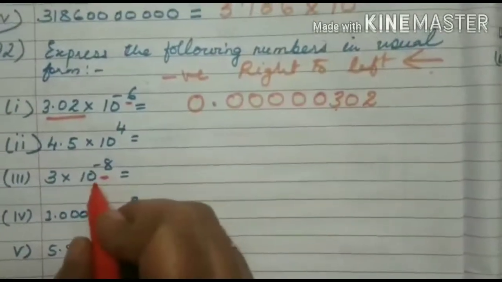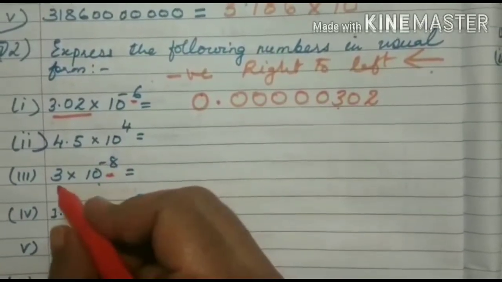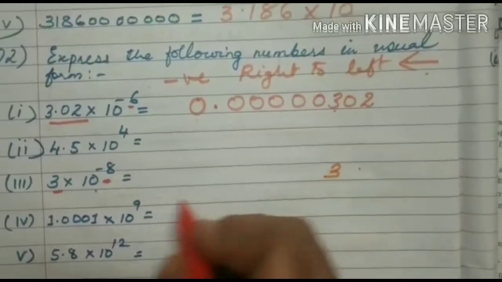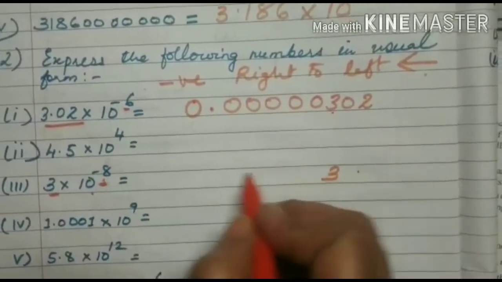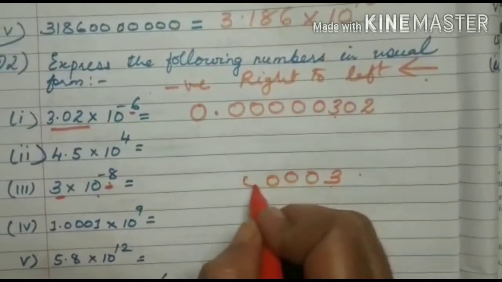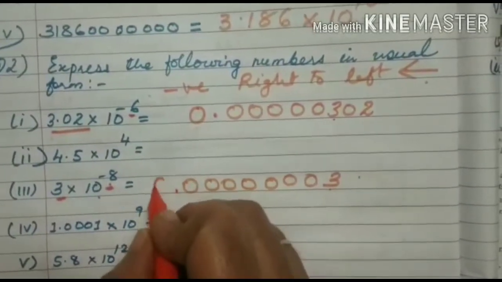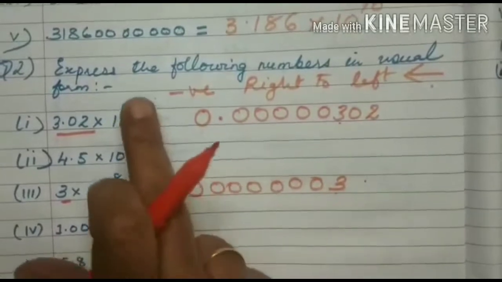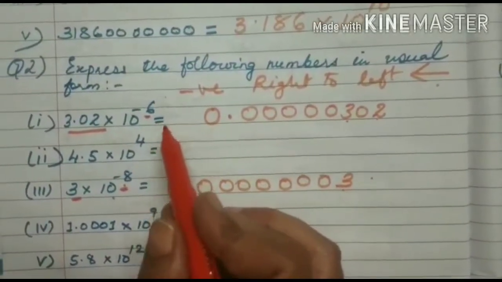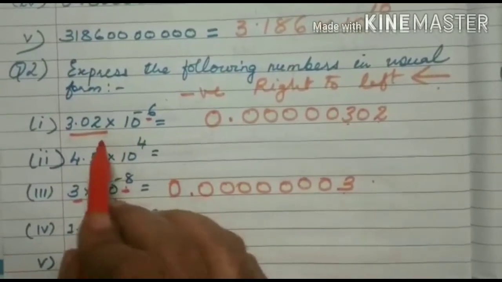Now again I am considering the negative exponent, then I will explain positive exponent. Here it is written 3, so first we'll write 3 and 8 power. So again this side 8 countings, 1, 2, 3, 4, 5, 6, 7, 8, a point, and before point we always write 0. So for negative exponents we'll move from right to left, and for large exponents we'll move in the opposite direction, that is from left to right.